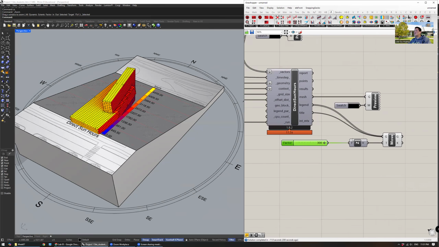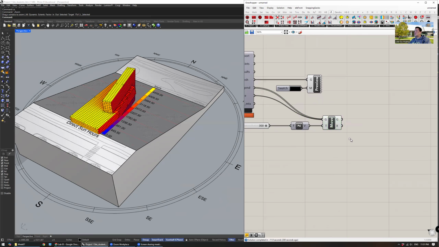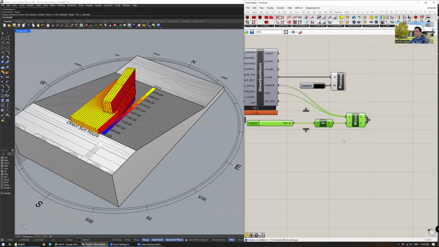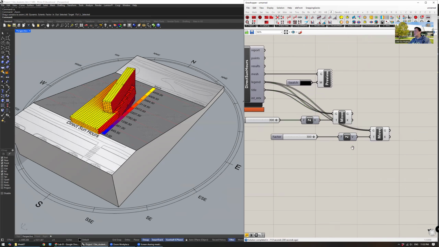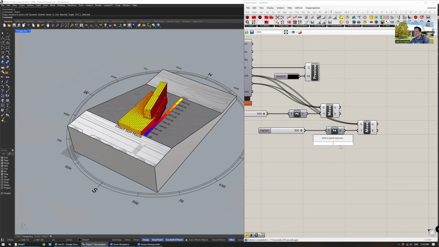In this case, you can take those and just do another move. So you can copy the entire block, change the vector to, let's say, unit Y, replace that,